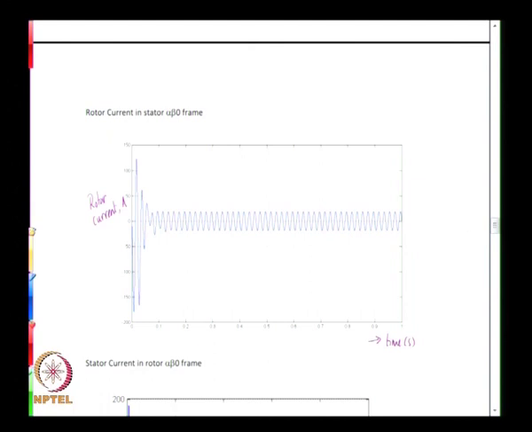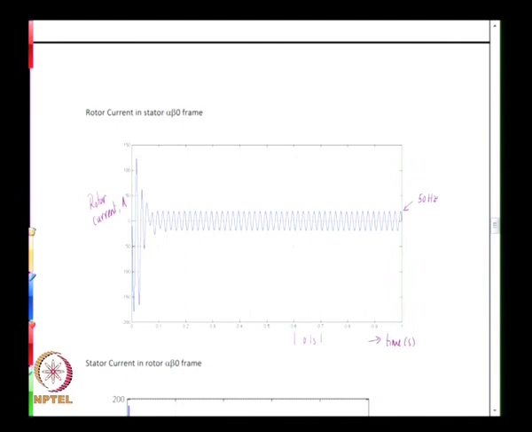So this is the rotor current as seen from the stator alpha beta 0 reference frame, and you can see that this interval is 0.1 second, and in 0.1 second you basically have 1, 2, 3, 4, 5 cycles, which means what you have here is a 50 hertz waveform. That is indeed what happens. If you look at the rotor phenomena as seen from the stator, you only see a flux rotating at synchronous speed, which would lead you to infer that whatever is generating the flux could be something that is stationary but excited at 50 hertz,